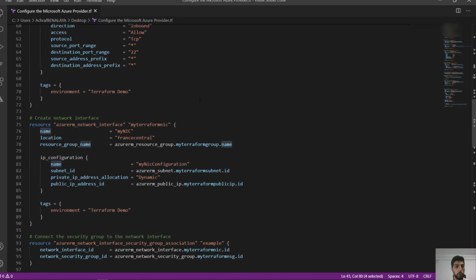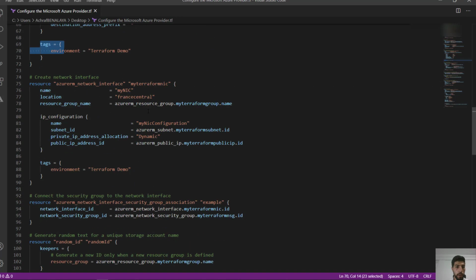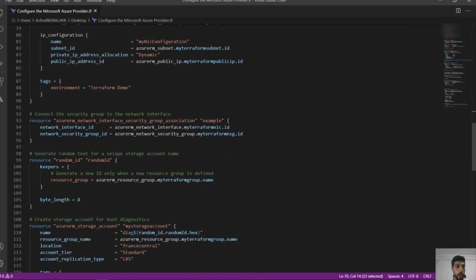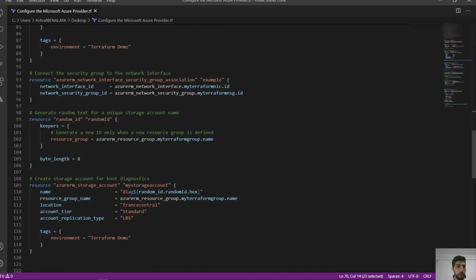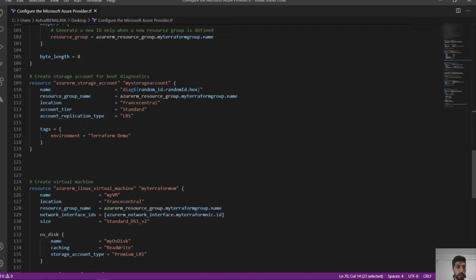We are going to use SSH. Also, it has the same tag. We are going to create a network interface, and we are going to connect the security group to the network interface. And here we are also going to create a storage account,